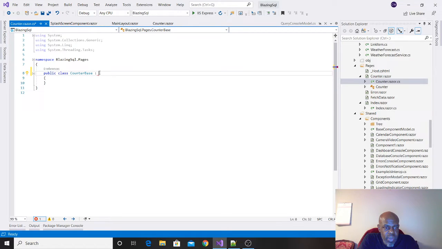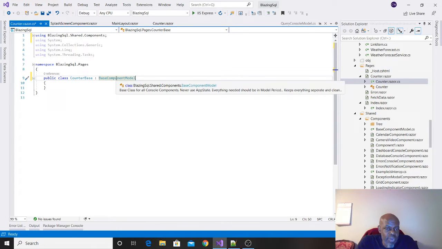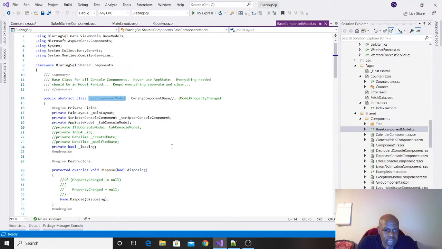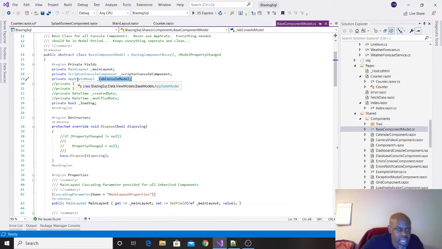But I would do a base counter base, and then I would do a base component model, which is my own component model set up, basically an abstract class that I set up for all my components that inherit certain things that are already built in. The main layout is provided to everybody. There's a scripter console component that's provided to everybody. I have a base tab console model, which is for every model that's provided to the tab interface.